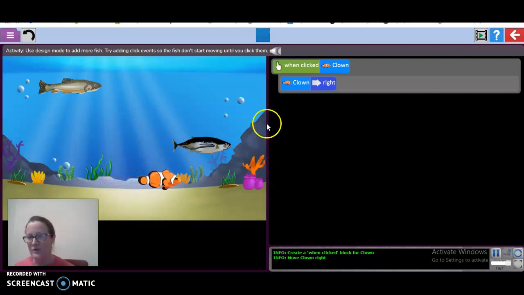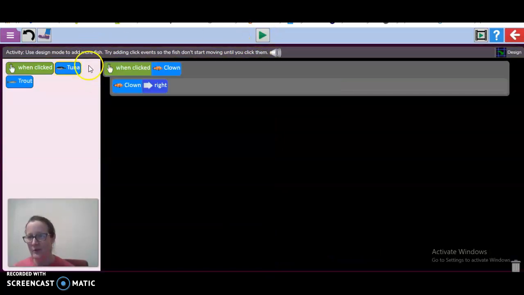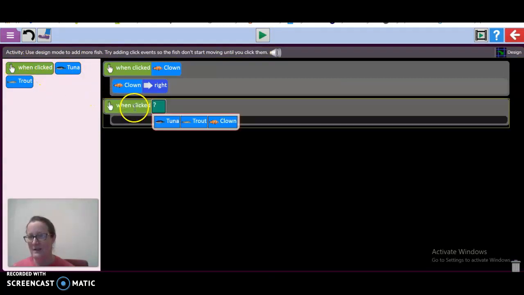But what I want you to do is, if you press the blue square and go back, okay, you can then do another when clicked and choose the tuna or the trout and see if you can get that to move. And if you're feeling really brave, you can do another row with the when clicked and choose the other fish. Okay, but I'm going to leave it there and see how well you get on with